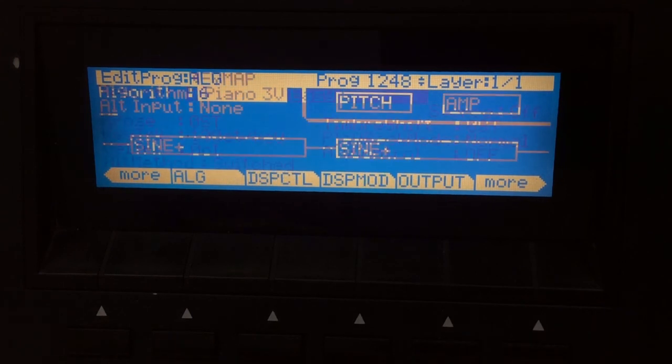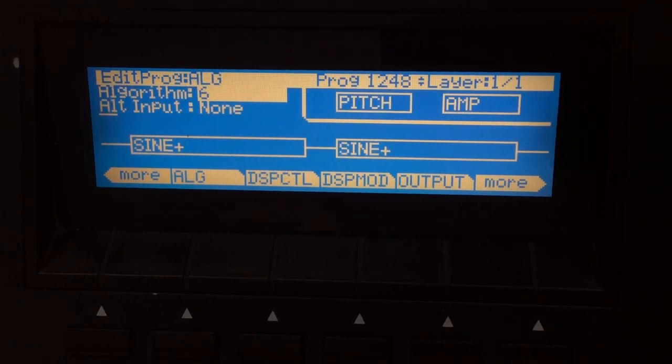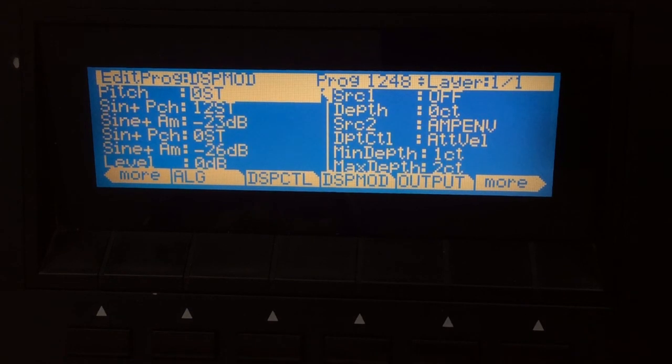That's on purpose, because I don't want to get too far from messing with the natural sound of the key map. I just want to add little bits and pieces here and there to make it sound more realistic. The other thing I did was, if you go to the mod page on this,